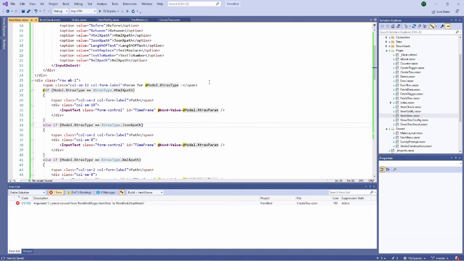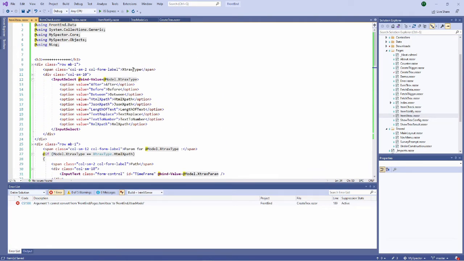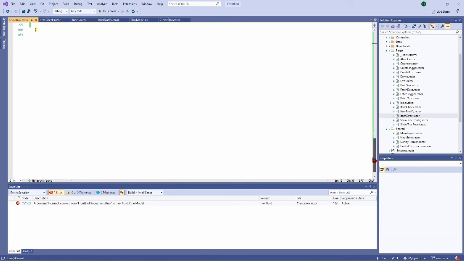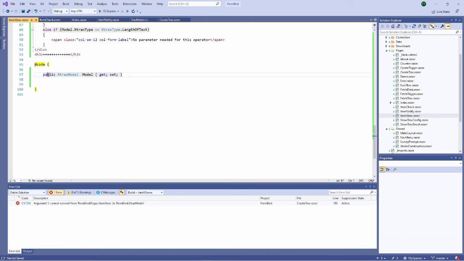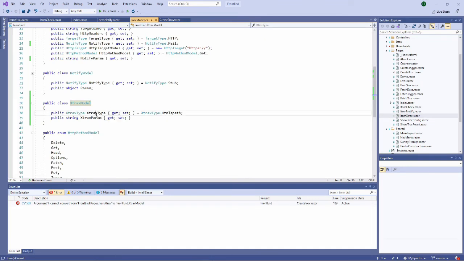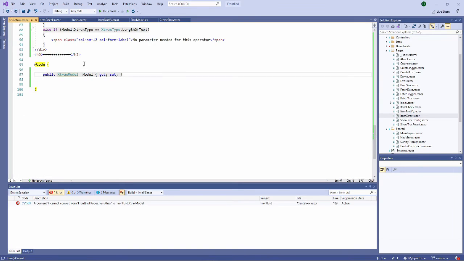Item extract. So now I have a component where all the data is stored inside a model, which is a public property of it, and where inside I have the different properties that I want. So two in the case for the moment. There is still something missing, but we will see it.